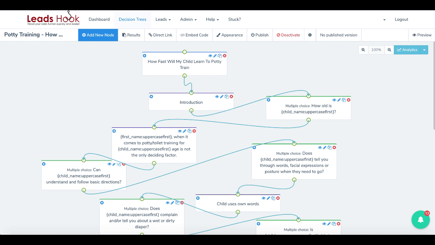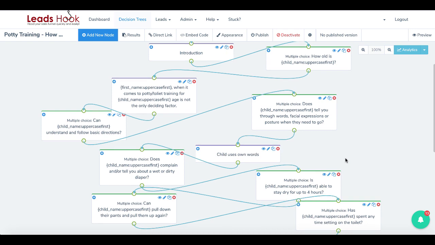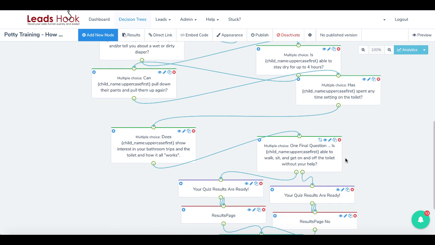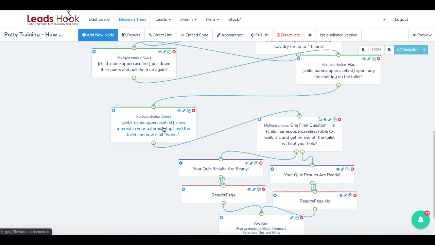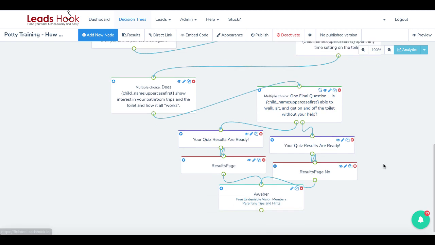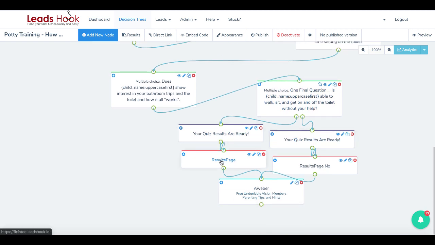The back end of that, and this is interesting for me, and I'll cover this briefly. You can see right here that this is the decision tree that they walk through as it asks the questions, does multiple choices, and then it walks them through each of those sort of pick your own adventure, and then it takes them down to quiz results. And then once they get quiz results, it takes them to two different results pages. And then, of course, on that results page, it leads them to a Clickbank offer, as well as it puts